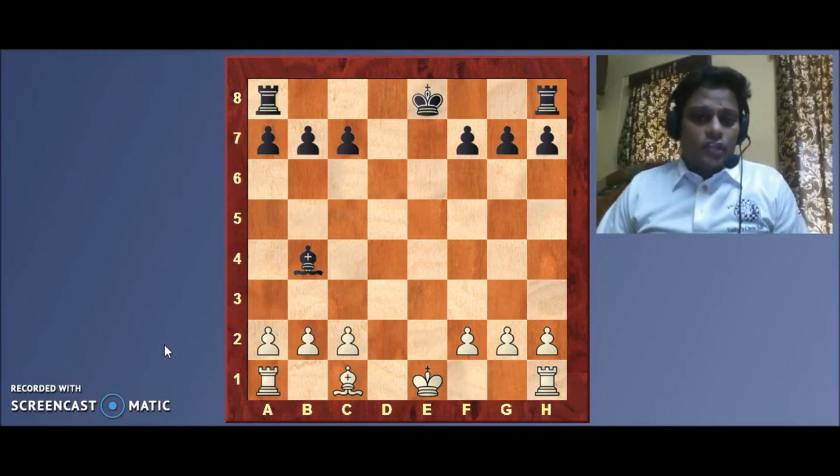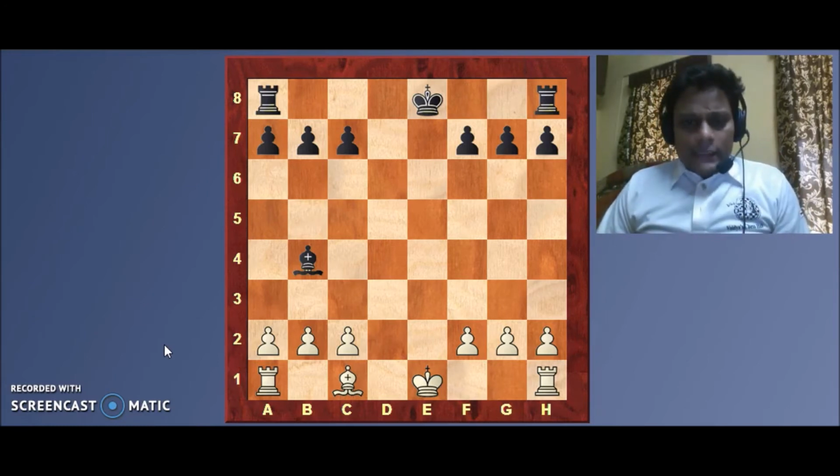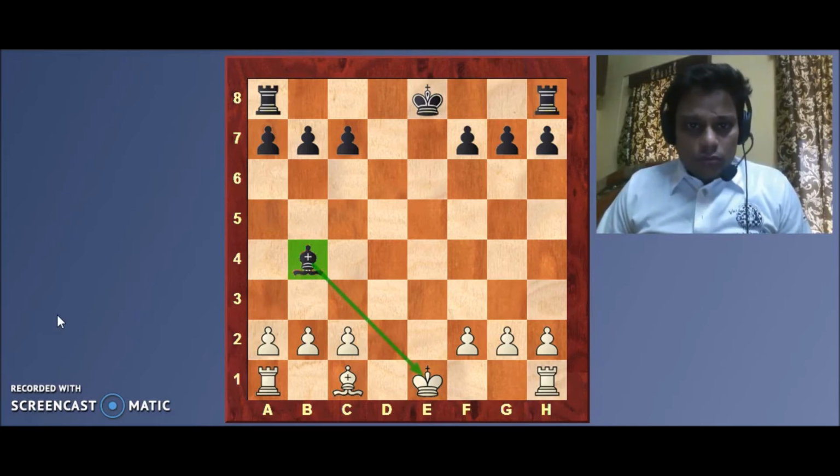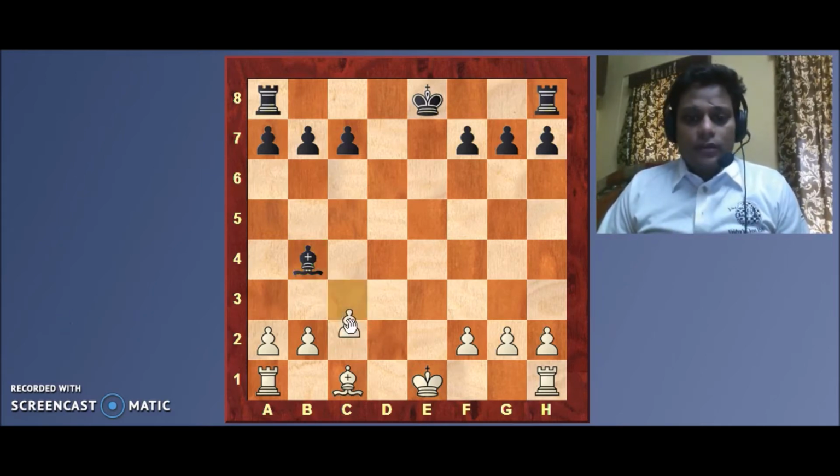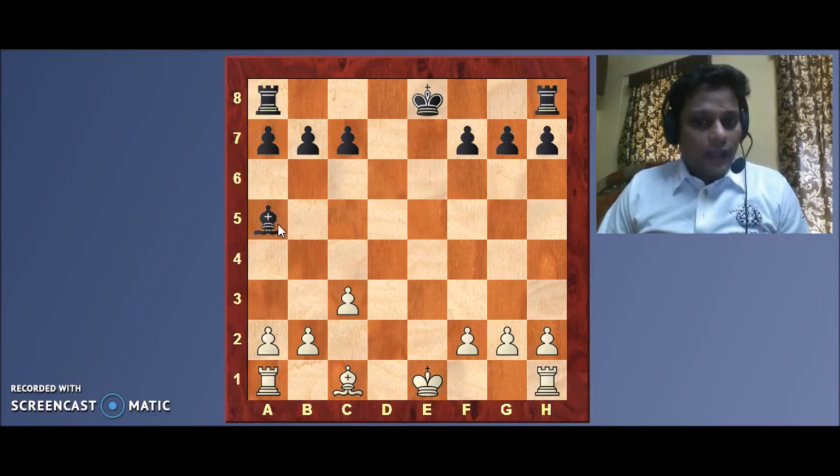Let's look at another such position. In this position, White already finds himself in a check. So the bishop on b4 has delivered a check. In this position, White has a very decent move. White can just play his pawn to c3, block the check, and after the bishop moves, let's say to a5,